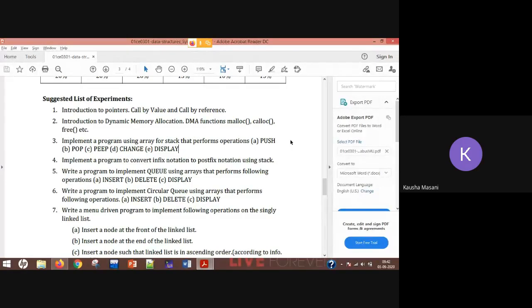Now before starting with this push, pop, peep, display, change, I want some revised input from your end, like a revision input. So first of all, tell me, what do you understand by stack in technical terms? If I give you to write a 2-mark short note answer, then what are you going to write in that? What do you understand by stack? Give the answer in technical terms, okay?